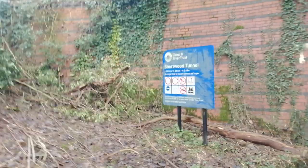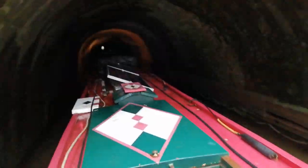It's a tall tunnel, so I'll stay in my habitual steering position on the rail. It's only 500 metres. I've got one of the big lightsaber wands down on one of the hooks there. In a longer tunnel, I would take that out and have that opposite me on the other rail,